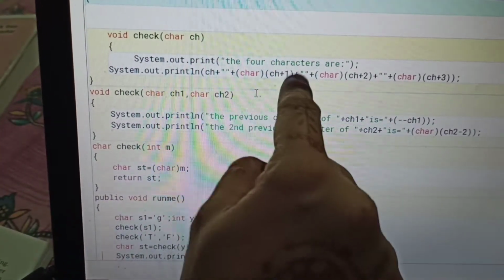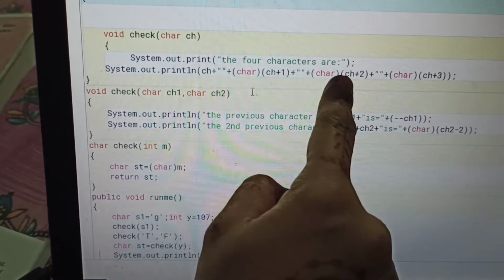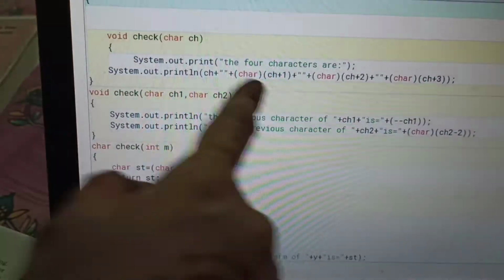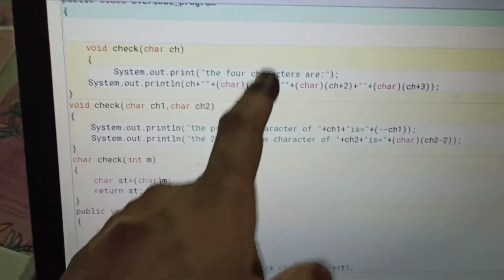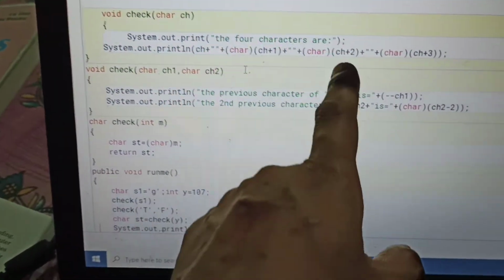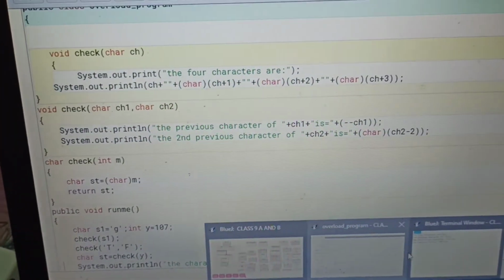G plus 1, again g plus 2, g plus 3. G is a single character, and when you add to it, g, h and i will come. So g, h, i will come. Now I'll show you like this.